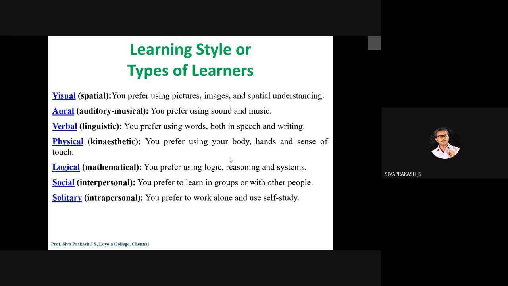Right? And then different types of learner, or we can also say learning style. So normally we have three types of learner: auditory learner, visual learner, and kinesthetic learner. That's one type, general. Auditory learner, they always learn through